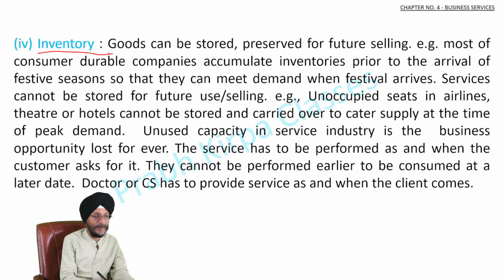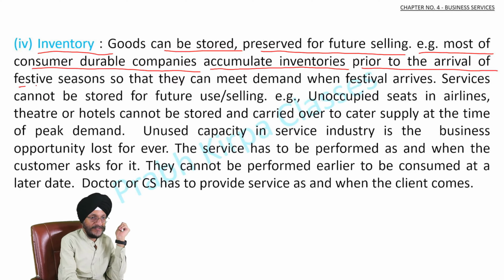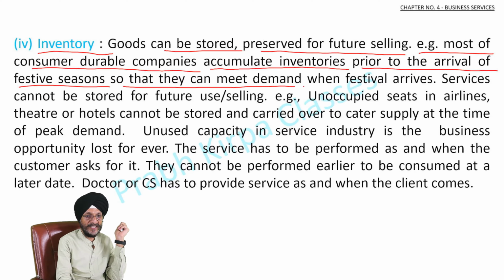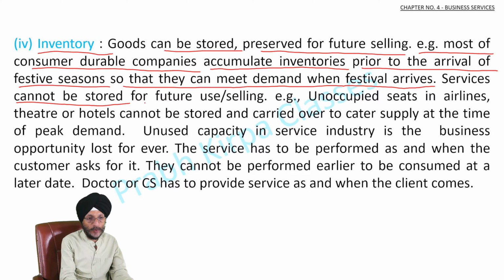Next is inventory. Goods can be stored, preserved for future selling. For example, most of the consumer durable companies like TV, AC manufacturers accumulate inventories prior to the arrival of the festive season so that they can meet the demand when the festival season arrives. But in the case of services, services cannot be stored for future use or selling. For example,